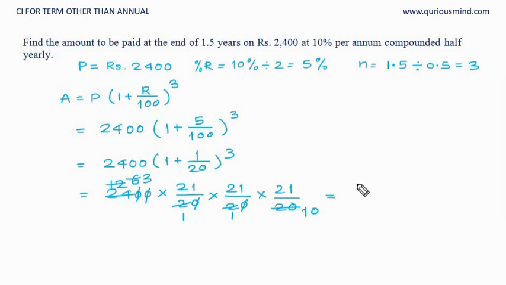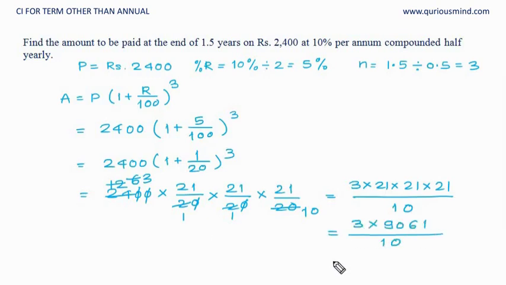So what we get is 2 into 21 into 21 into 21 upon 10, and that is equal to 3 ones are 3, 3 6s are 18, 3 9s are 27. 2718.3,